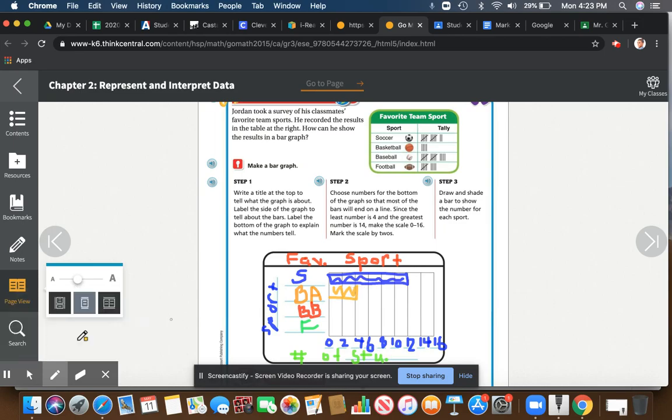All right. I got about 20 seconds left here, guys, so I'm going to do baseball. We have 14, guys. So I'm going to go all the way to 14. And after I do that, guys, the last thing I would do is football, which has 8. All right. So that's how you make a bar graph, guys. I know you'll do great. Please go ahead and work on these